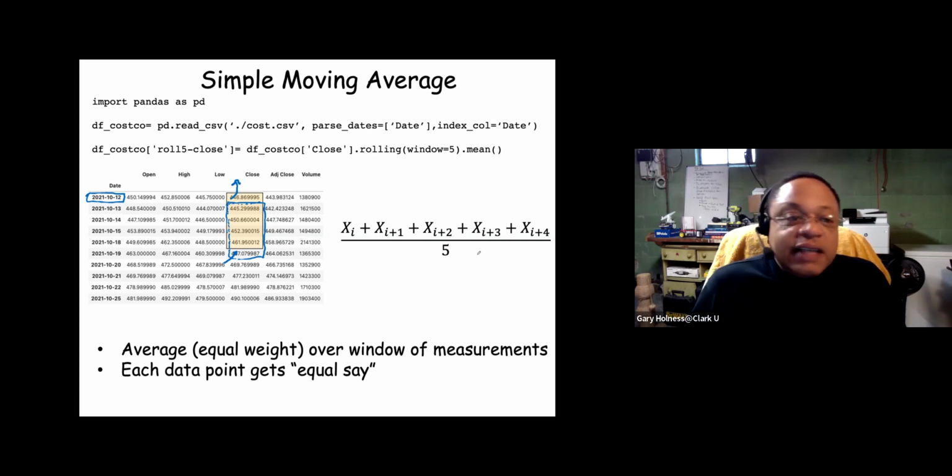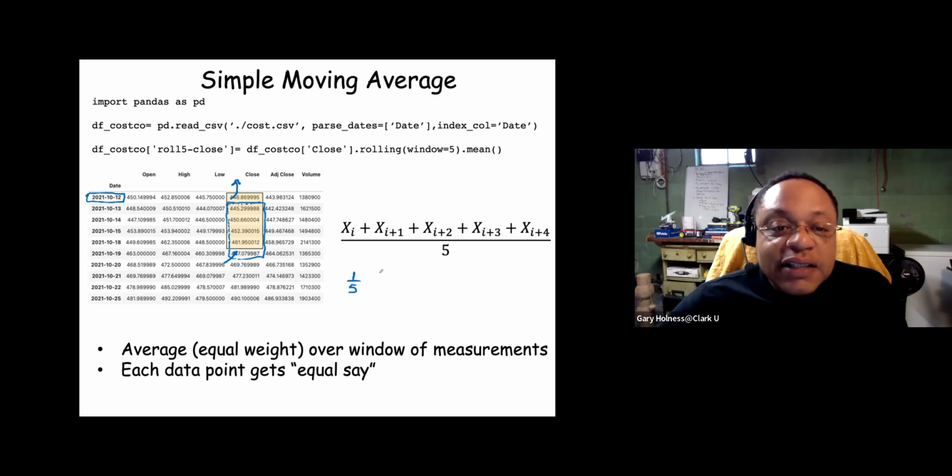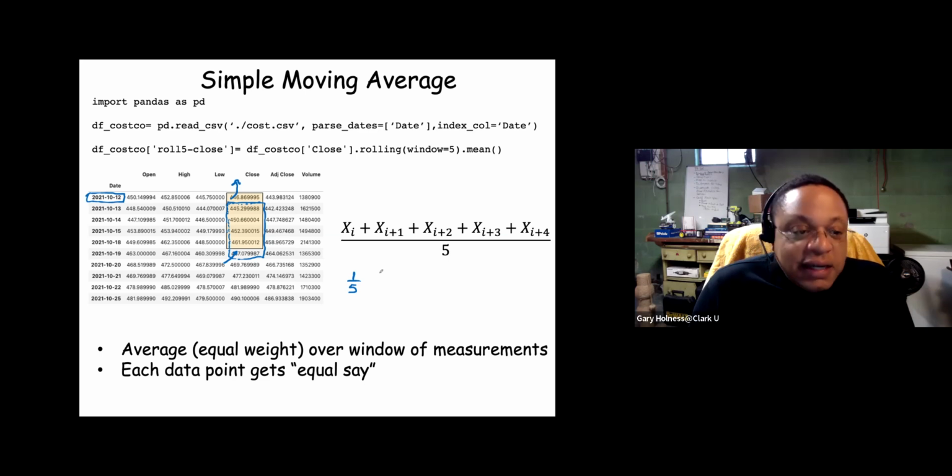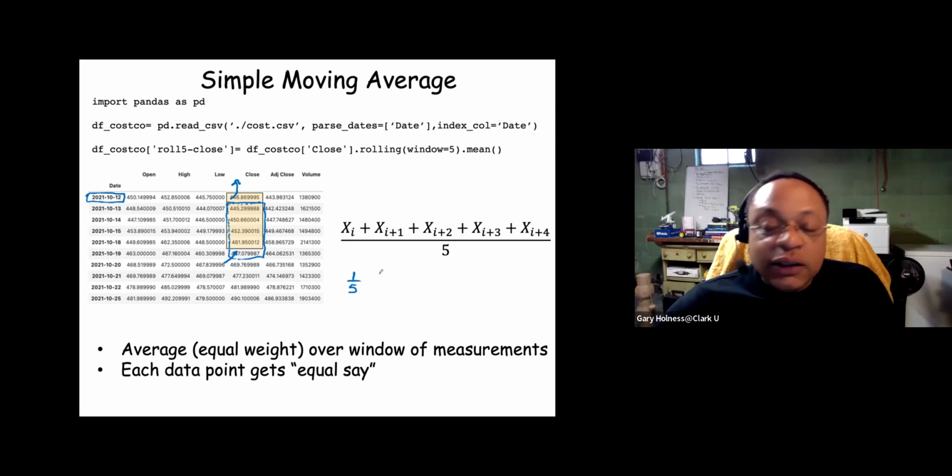Mathematically, we have this expression. We have 5 consecutive measurements in sequence, x_i through x_{i+4}, and we just take the sample mean of that, the weighted average. You'll notice that each measurement has a scalar 1/5 associated with it, and you can think of this as a vote where you're voting to determine what the measurement should be. Each of the 5 consecutive measurements has equal say in what the value should be, which is one way to think of what the rolling average is.